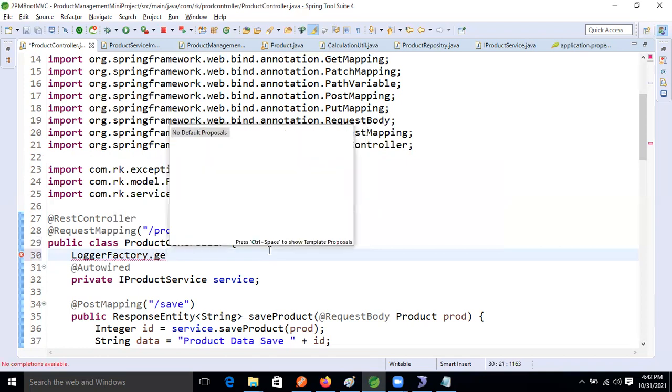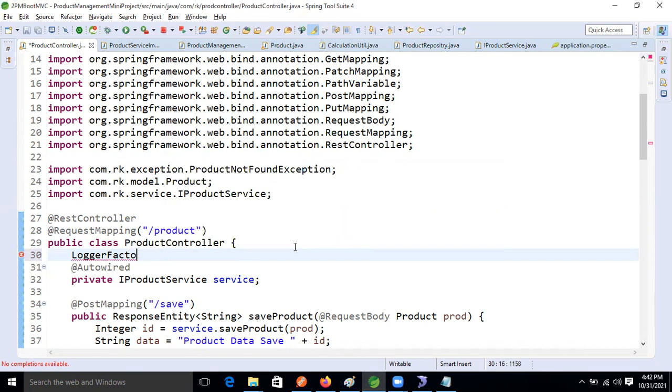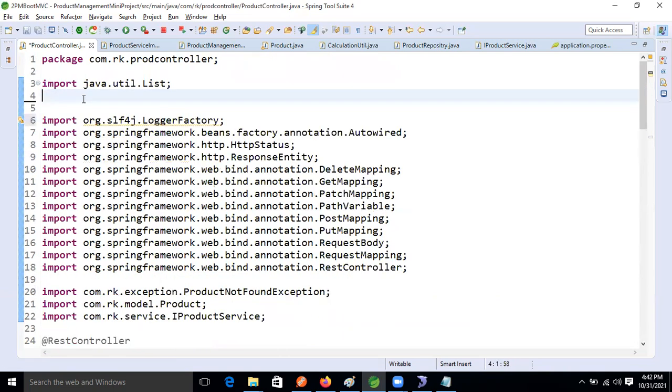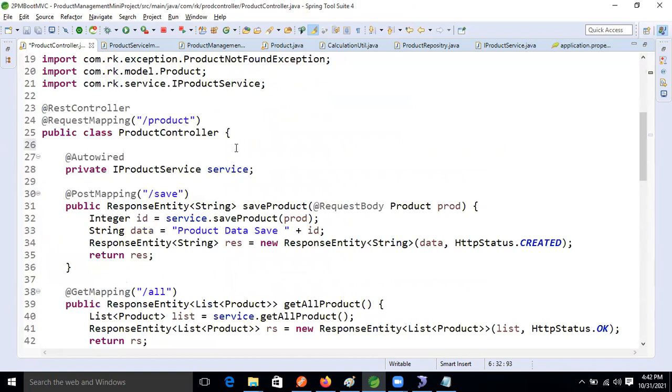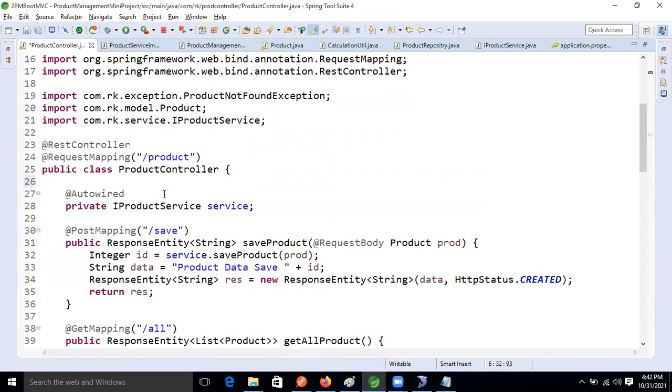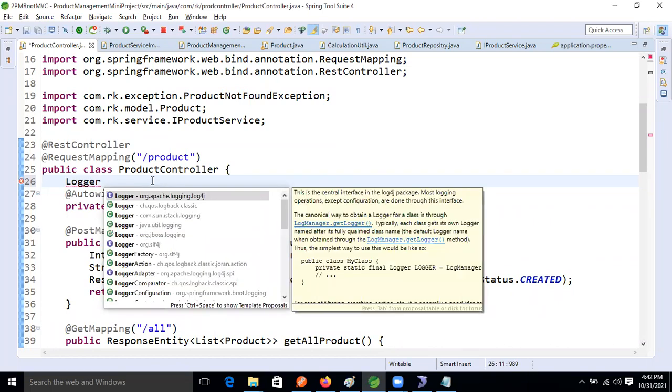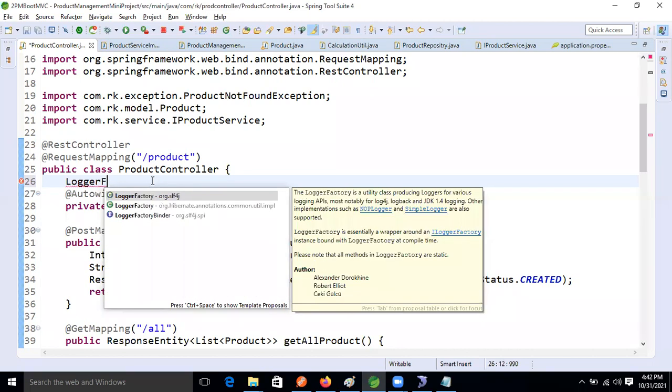Why is it showing this? Something is going wrong, guys. One minute. Logger factory, slf4j only, right?